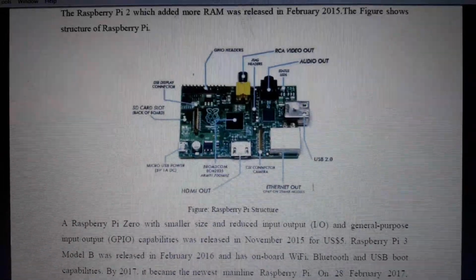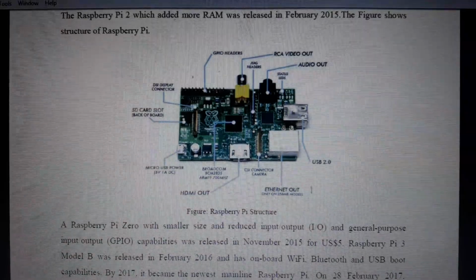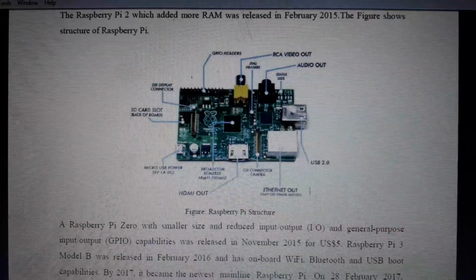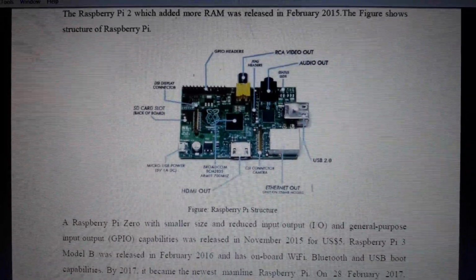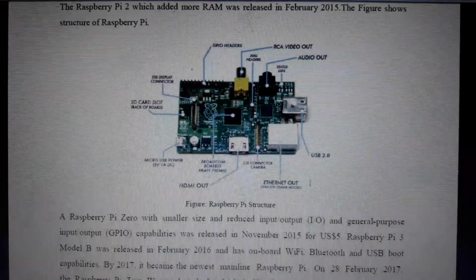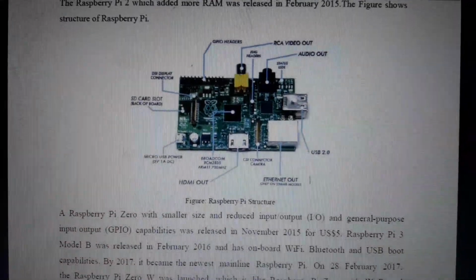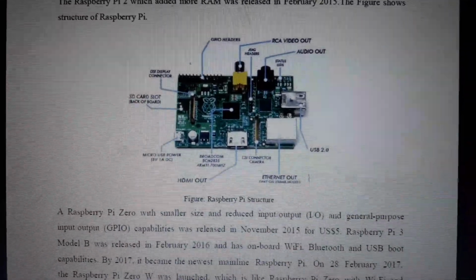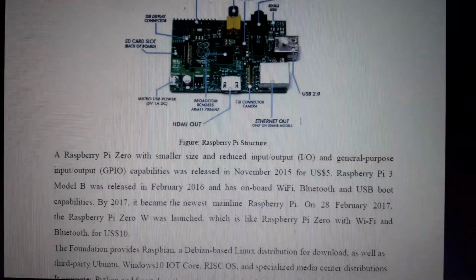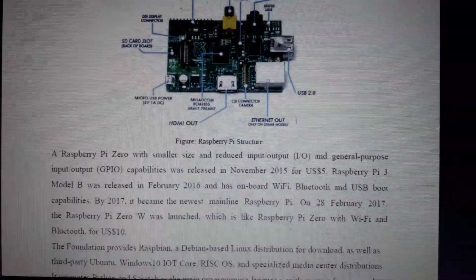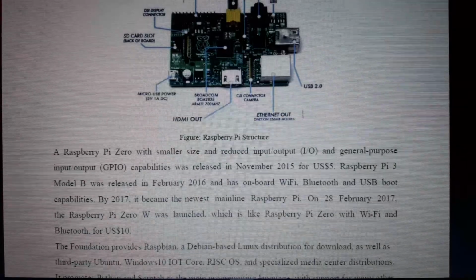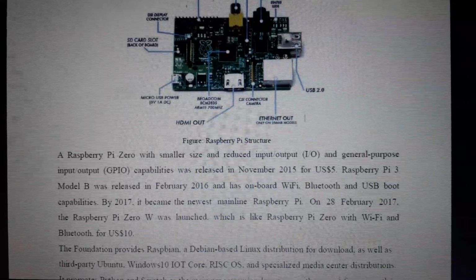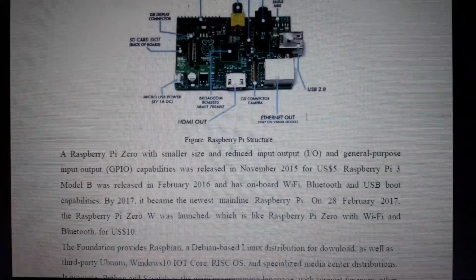So here you can see the Raspberry Pi structure, which includes the SD card slot, micro USB power supply, GPIO pins, RCA video output, audio output, USB 2.0, Ethernet out, camera module, etc. Raspberry Pi Zero, with smaller size and reduced input output and general purpose input output capabilities, was released in November 2015 for $5.